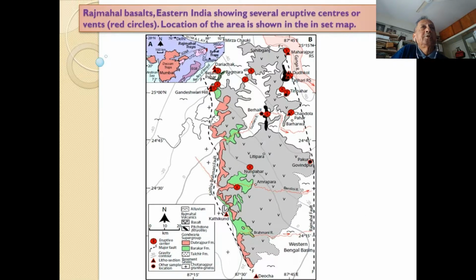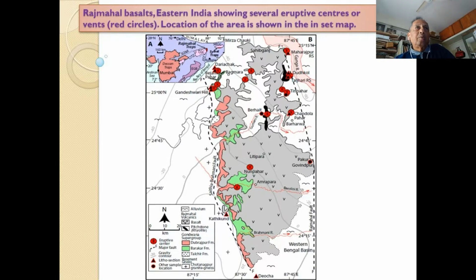The geological formation of Rajmahal Hills in the eastern part of India. Now here we find the western part of the Rajmahal Basalt is in contact with the Gondwana formation, whereas in the east, northeast, we find the river Ganga flowing. The inset map gives details of the location of the Rajmahal, and it is in fact located in the northeastern part of Chotnagpur Plateau of Precambrian age.